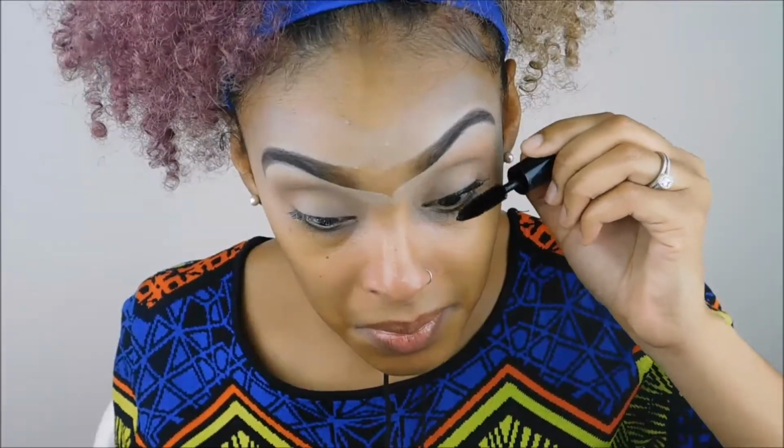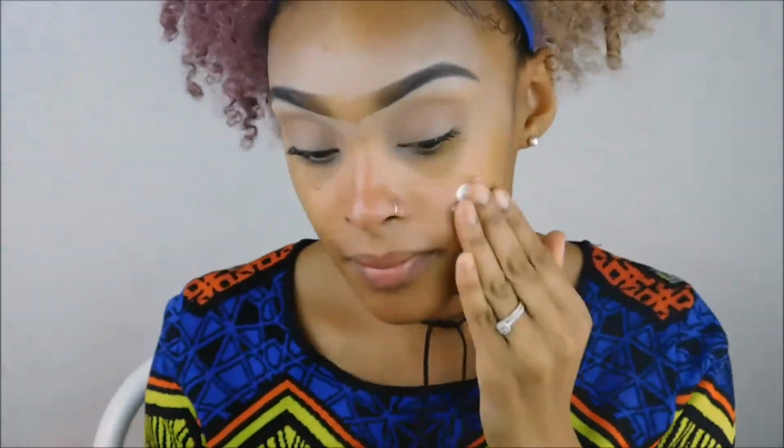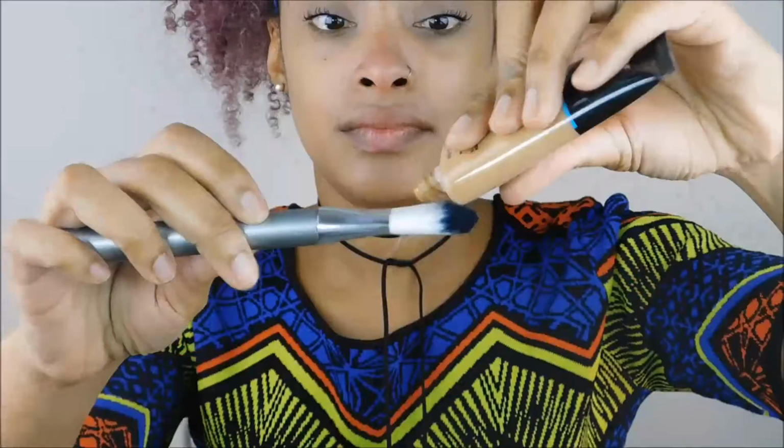So now moving on to skin, we want a really glowy radiance to our skin. So I'm taking this L'Oreal Magic Lumi Face Primer and I'm putting that all over my face. It really gives a nice glow to your skin. I love this stuff so much, especially for a drugstore primer. It is perfect. Now I'm taking the L'Oreal Infallible Pro Glow Foundation in 210 Classic Tan on a Target Up and Up brand